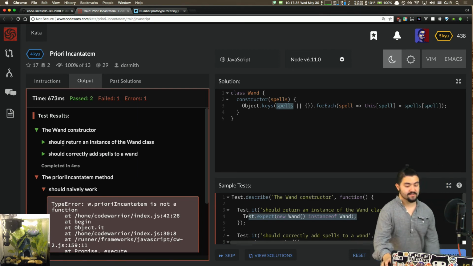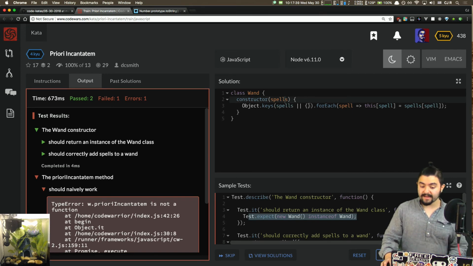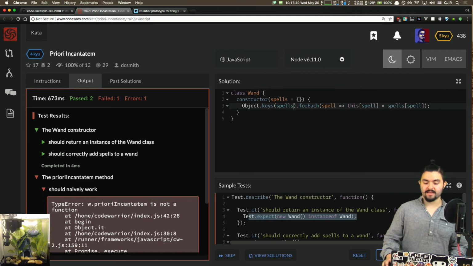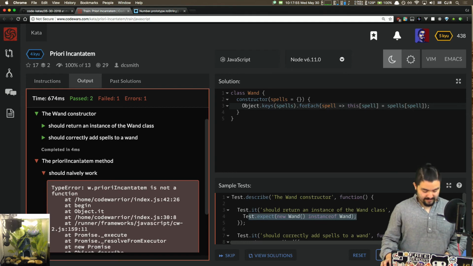And James caught it. So spells is an optional argument, so we need to account for that. And actually, we could use the ES2015 default syntax. So what this does is if they don't pass in spells, then it gives it the value of an object. So that works. Cool. So now we need Priori Incantatem,